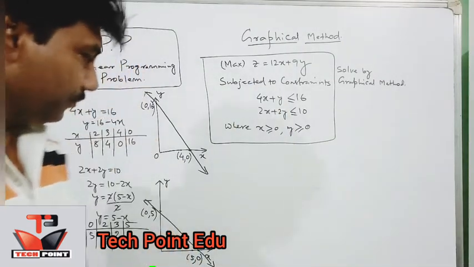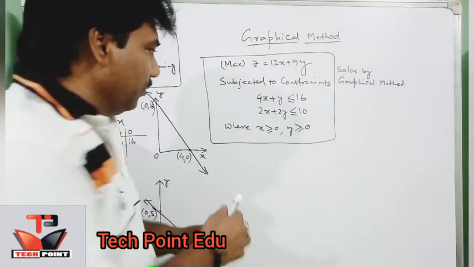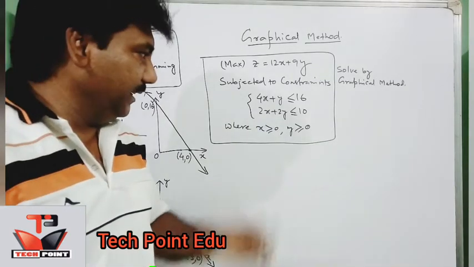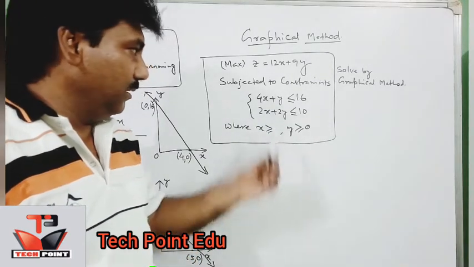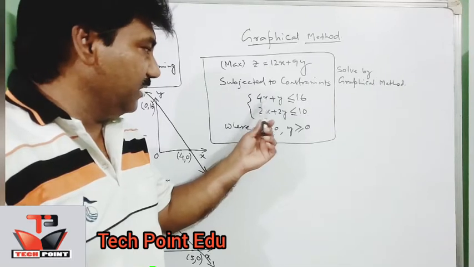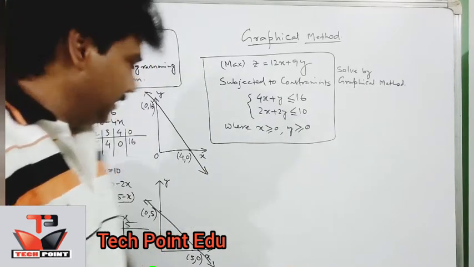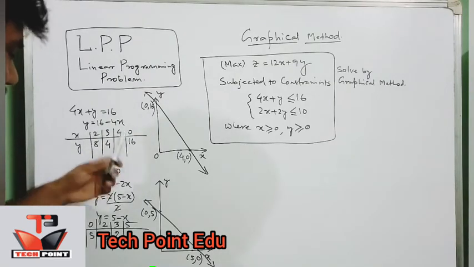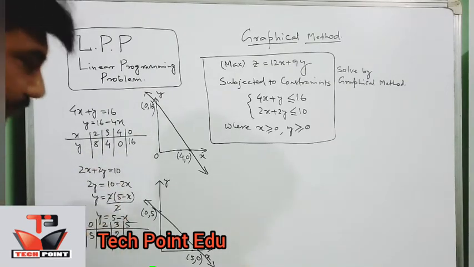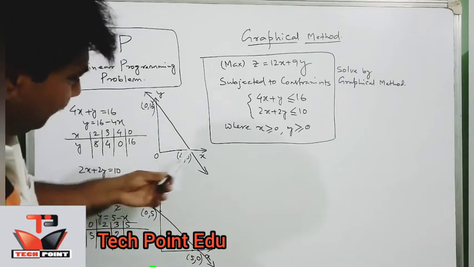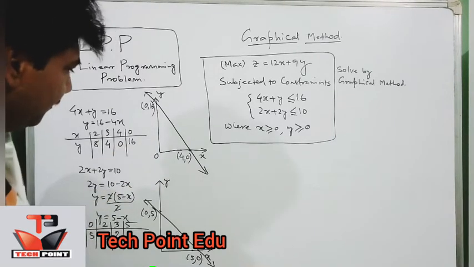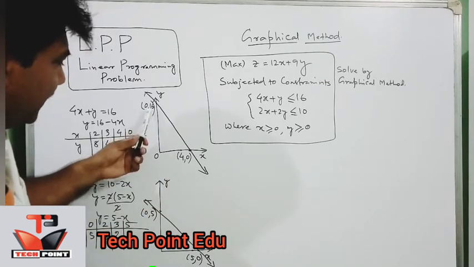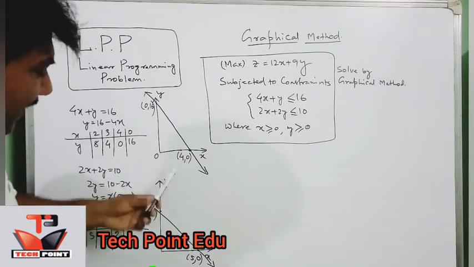Okay. These two equations, first we have to consider in graph paper. First equation is 4x plus y less than or equal to 16. Taking 4x plus y equal to 16, y is equal to 16 minus 4x. I have found 4 points, or 3 points is enough, and I have drawn the graph of this one using this. That means on the x-axis the point is (4, 0) and on the y-axis it is (0, 16). This will be the line.